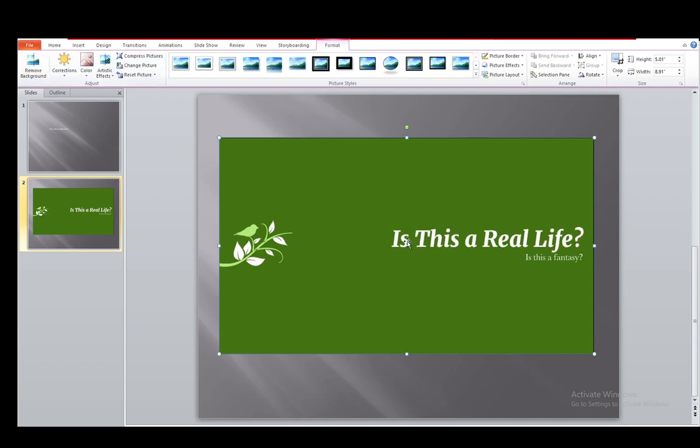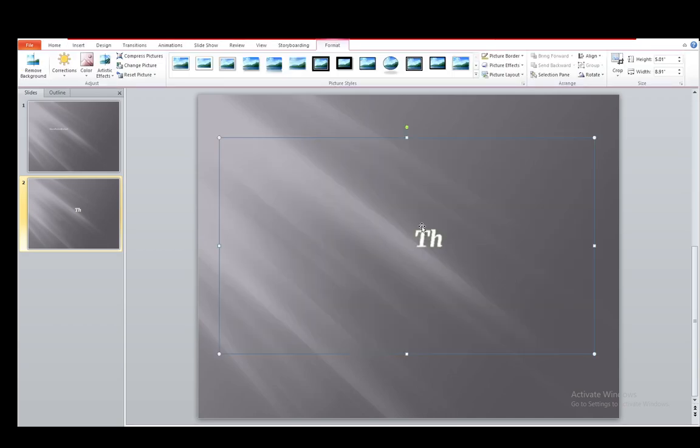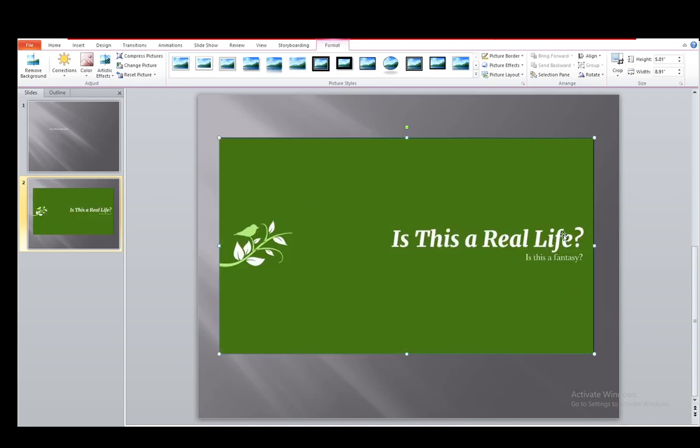It doesn't detect everything 100%, but if I click remove background, as you can see, it will highlight what is going to be removed, and the purple stuff or the pink stuff is going to be removed, the white stuff isn't. And if I click off, as you can see, everything else except the TH has been removed. I don't know why it didn't recognize all the other things, but it just for some reason acted as